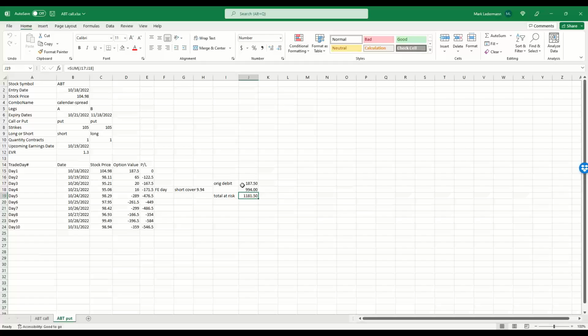But now all of that is taken into consideration. You don't have to just know and trust that OSBTT has done all the math for you, but it assumes that you are staying in the trade in order to continue giving you results for the following days past FE day. That's what's happening here in the background. I hope this is making sense. If you have questions, go ahead and type them in the chat box there.